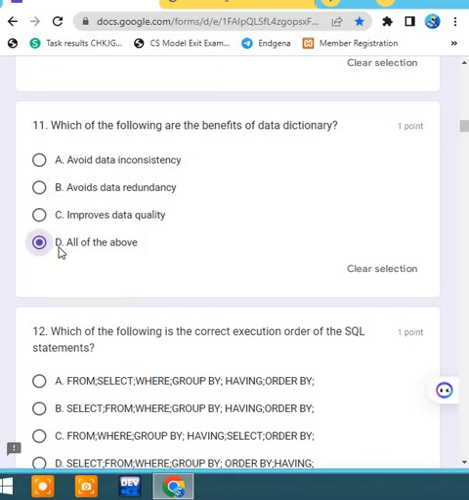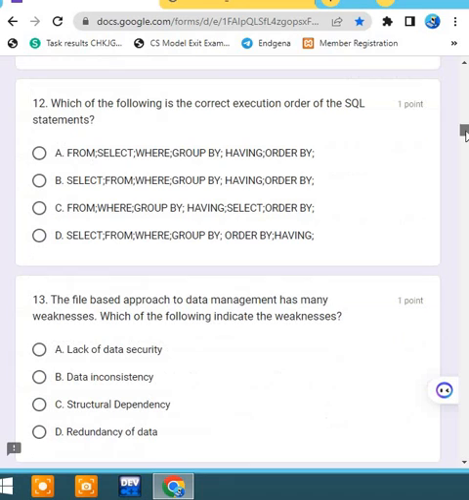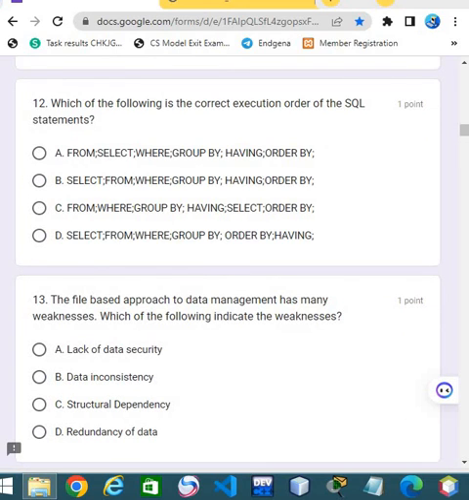D ይሆናል። መልሳችን D ይሆናል። እሺ ወደ 12ኛ ጥያቄ እንገባለን፣ which of the following is correct